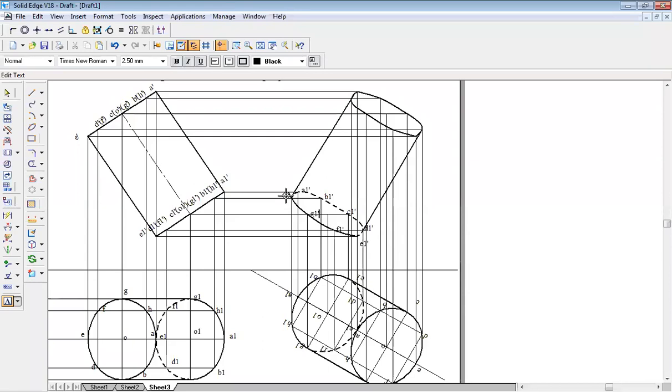And this is H1 dash. And this is O1 dash. Similarly, here you have point A. So this is your point A dash, B dash, C dash, D dash, E dash, F dash, G dash, and last H dash. And this is your point O dash.